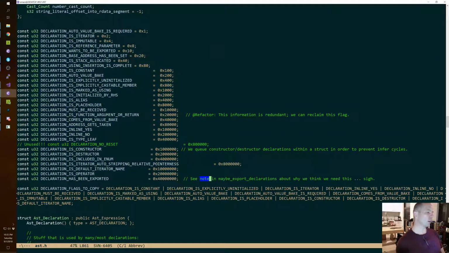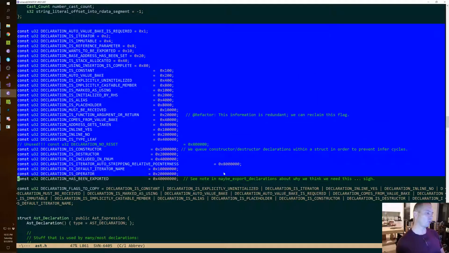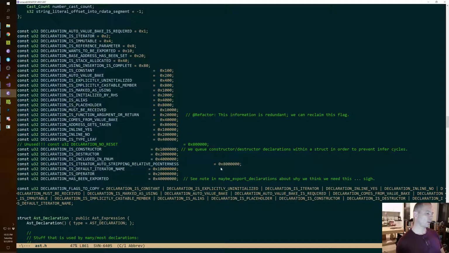Maybe we should have like internal compiler flags and external compiler flags. Is there a way in C++ to do strongly typed flags? Because the problem is always when you have two flags fields, suddenly you're testing the wrong field for the other field's flags. Like, what is a good way to do that in a strongly type-checked fashion?